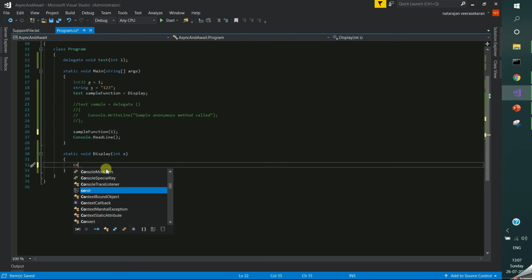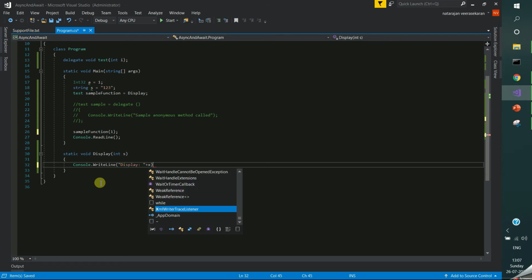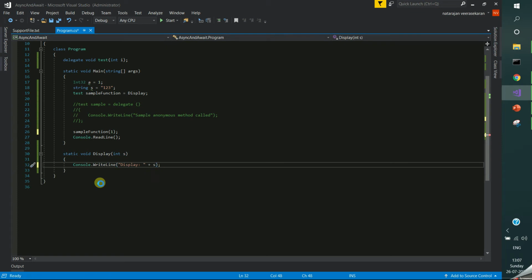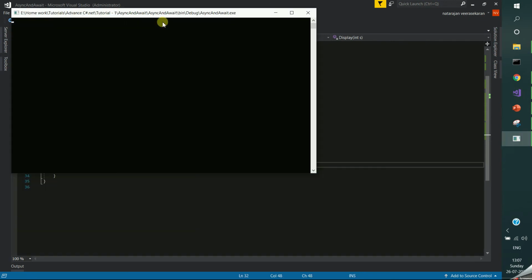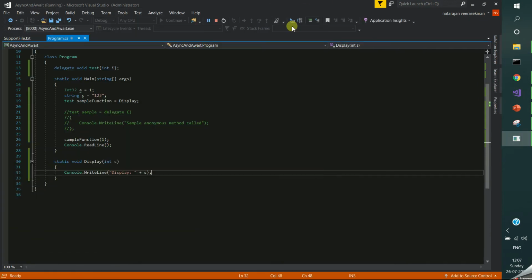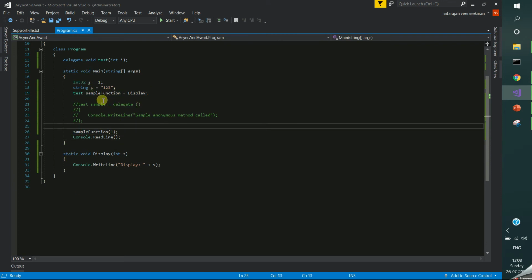Let me print this with Console.WriteLine, using our parameter. See, display 1. Okay, now you are clear about these delegates, right?